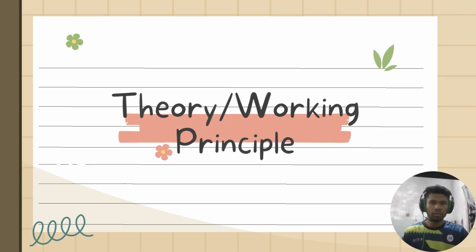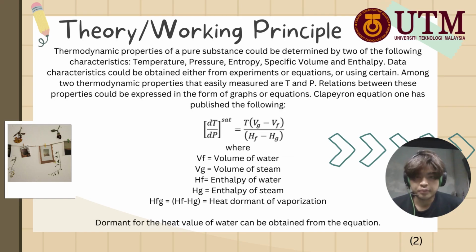Next, let's move on with our working principle. Thermodynamic properties of a pure substance could be determined by two of the following data: temperature, pressure, entropy, specific volume, and enthalpy. Data could be obtained either from experiments or equations. Among the thermodynamic properties, the ones easily measured are T and P. Relations between these properties could be expressed in the form of graphs or equations. Clapeyron equation is one of them: